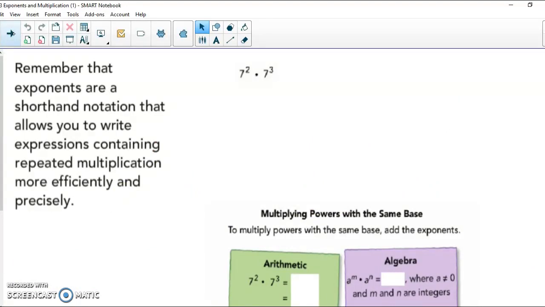One important thing to remember is that exponents are really just a shorthand way to write repeated multiplication. It's going to make it more efficient and more precise. So I can say something like 7 squared times 7 cubed instead of saying 7 times 7 times 7 times 7 times 7 times 7 times 7. It's easy to lose track of how many sevens we've multiplied, but if we write it this way, it's a lot easier for us to stay organized. So when we're doing this,